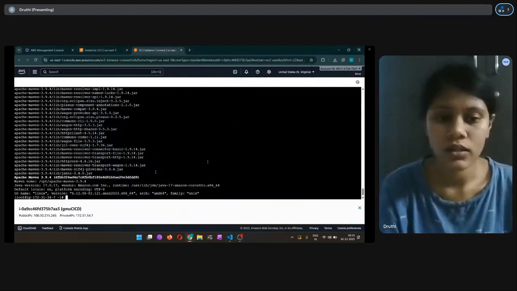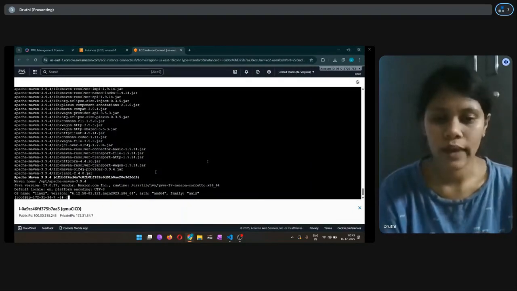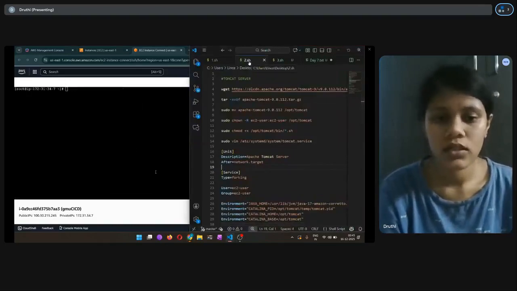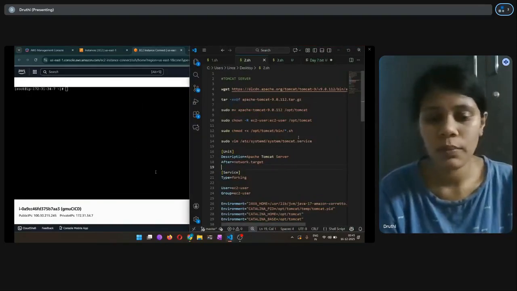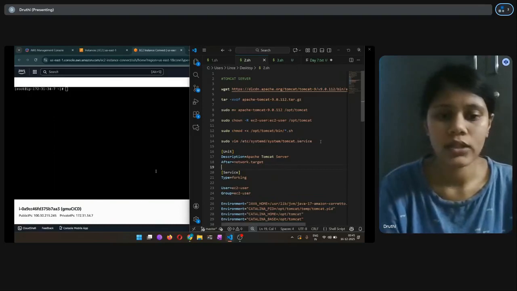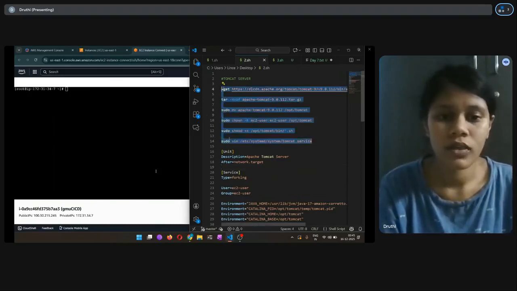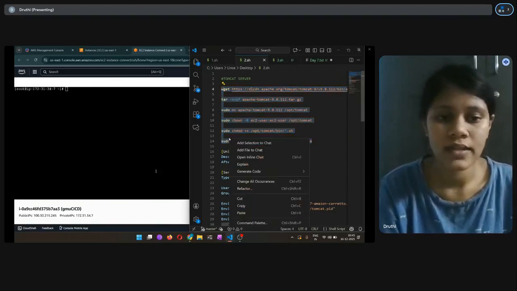In this part, I installed Apache Tomcat, which is used to deploy Java web applications. After Jenkins completes the build, the generated application is deployed on Tomcat, and Tomcat acts as the runtime where users can access the application.